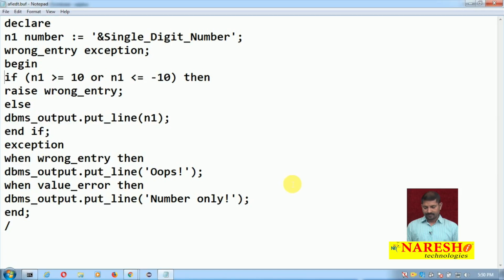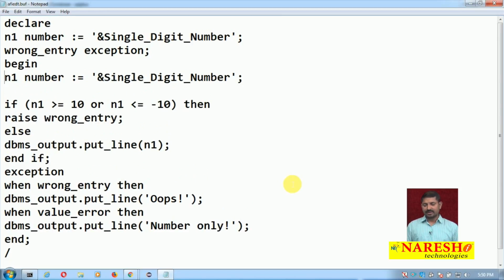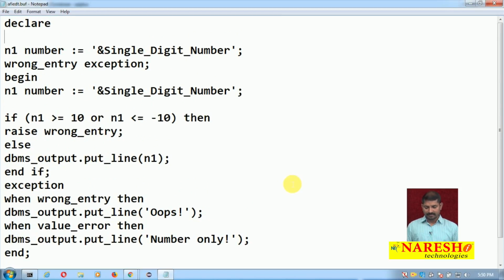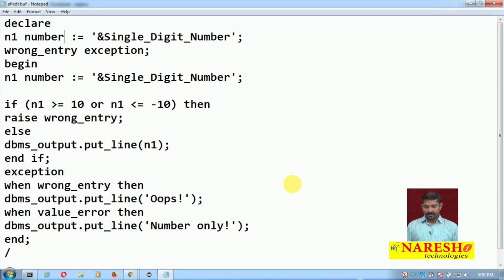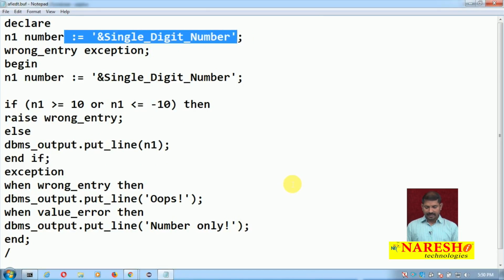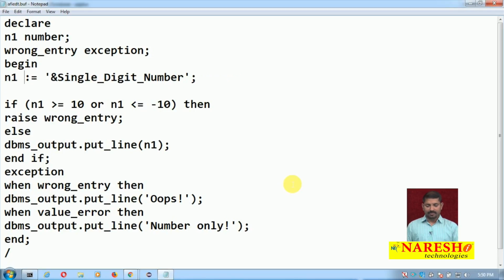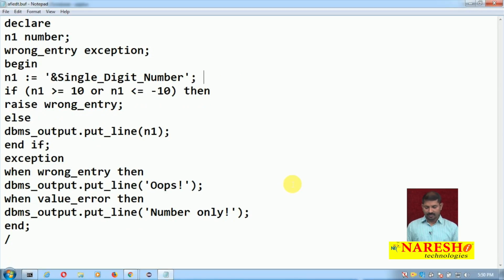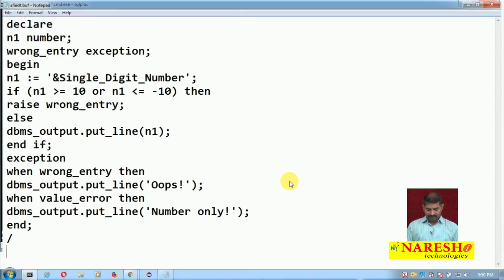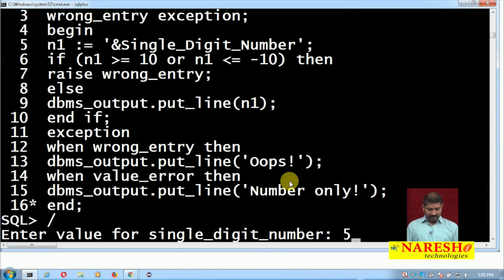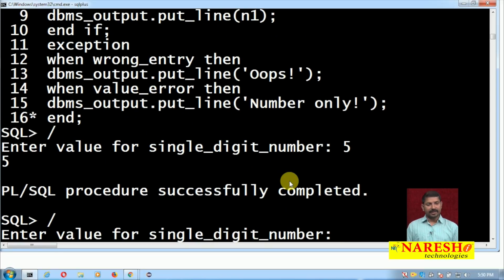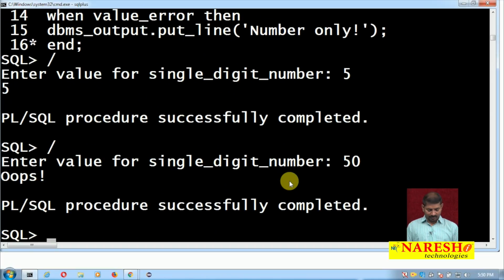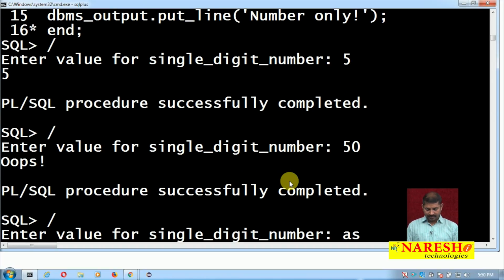error message. I should actually do the assignment in the begin block itself. In the declare block, only declaration should take place. On the other hand, all kinds of assignments should take place only in the begin block. So, now I will be able to catch this exception. I will rerun this program once again. Single digit value, yes, right output. Double digit value, no, exception caught. Any other value,